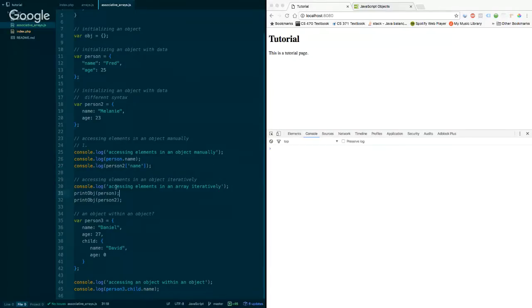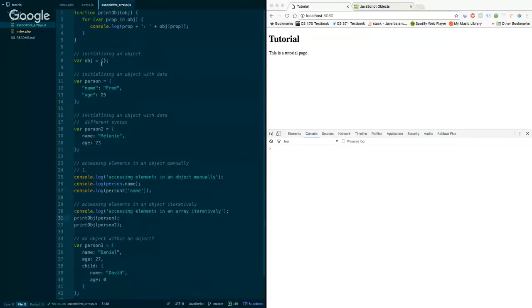So then I've got my print object function here. JavaScript's nice, and they give you this syntax here, for variable property in object. This allows you to iterate over every object. Then you can print out the property, and then you can print out the value of the object like this. So if we run this,